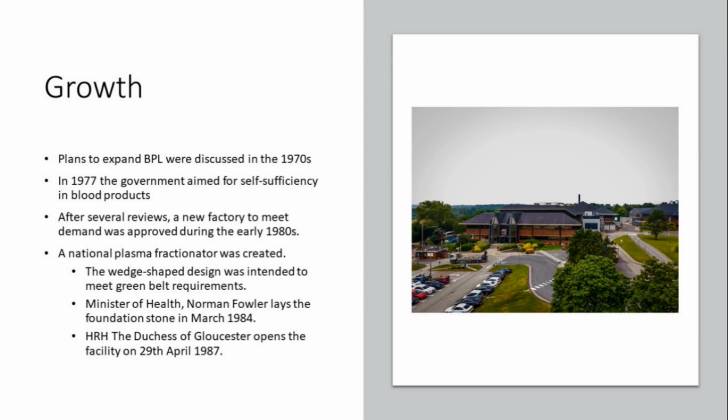Now, plans to discuss and to expand BPL began in the 1970s, and this was based around the objective of the UK becoming self-sufficient in blood product, and this was something that was initiated by the Labour government at the time. Now it took a while to secure the funds and to get the various agreements to build a new